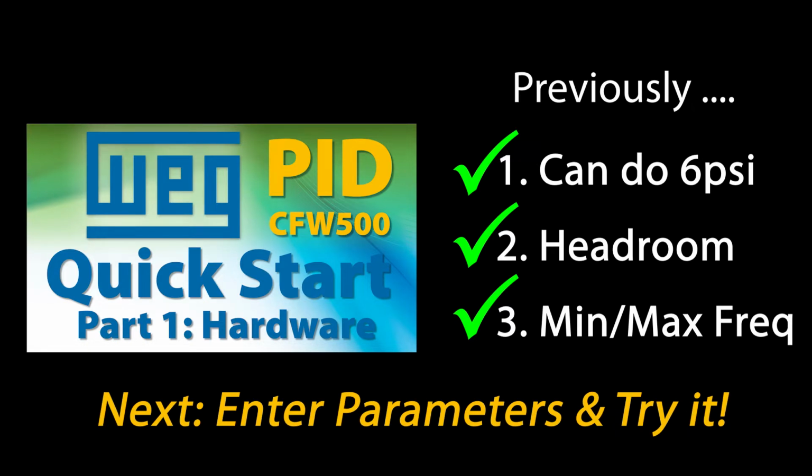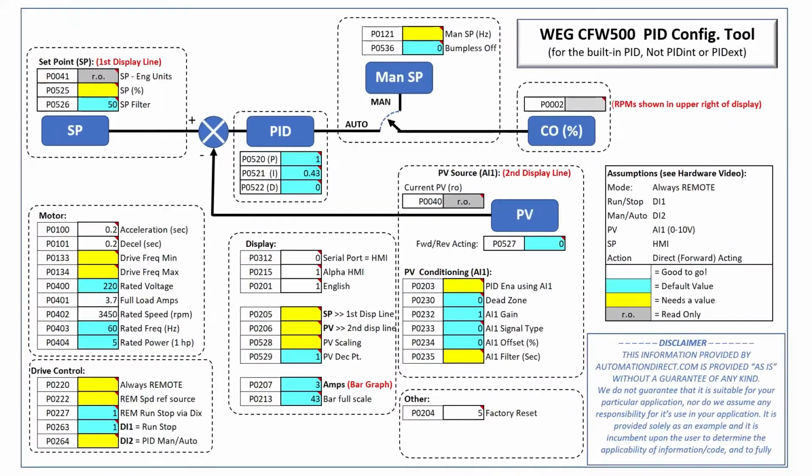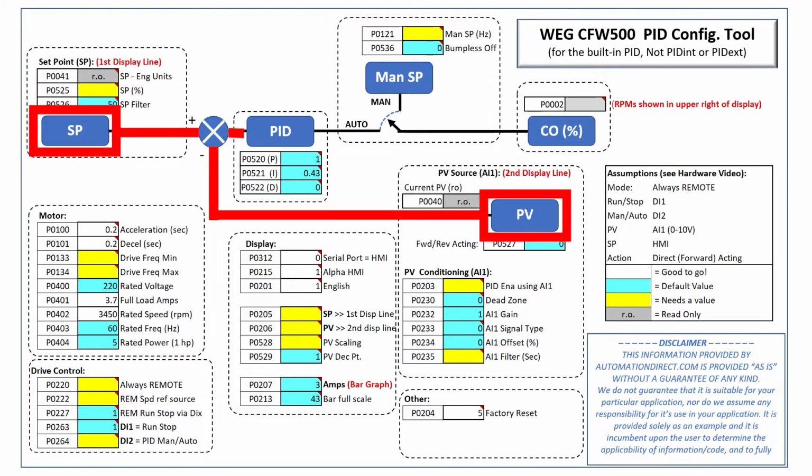Well, in theory, yes, but there are a lot of parameters to keep track of, which can make PID seem overwhelming. The good news is, I've sifted through all the related parameters and pulled out the bare minimum you'll need to get up and running quickly and arranged them into an Excel spreadsheet configuration tool that looks like this. It's just your basic feedback diagram where we take the set point and the process variable, take the difference, produce an error signal, run that through the PID algorithm, and send the control output to the motor.